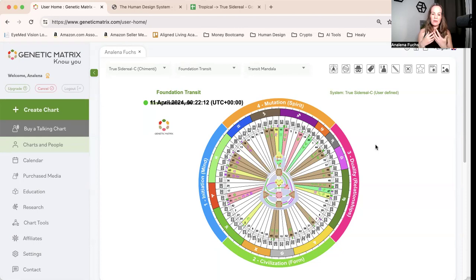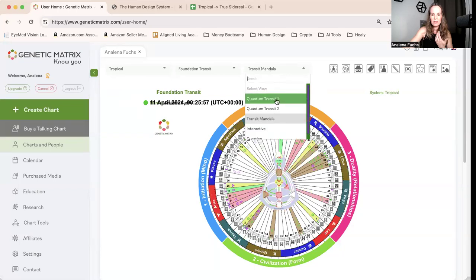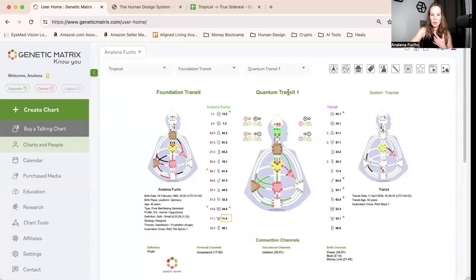So with that as well, what I want to say is that, and I'm going to now go back to the tropical chart, your human design chart is not going to change. So I'm talking now tropical, let's say this is your tropical chart. And while certain gates, so gate 42 right now is where the sun is, right? And this kind of feels as if you have gate 42 defined, but it doesn't mean it changes your human design in some way, right?